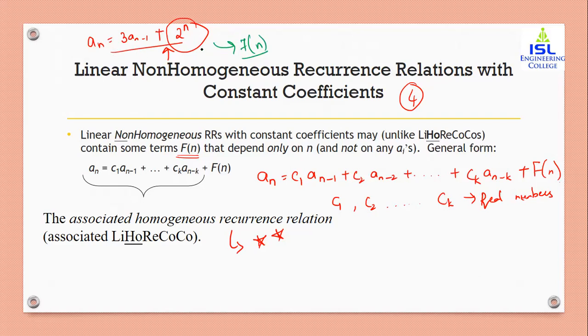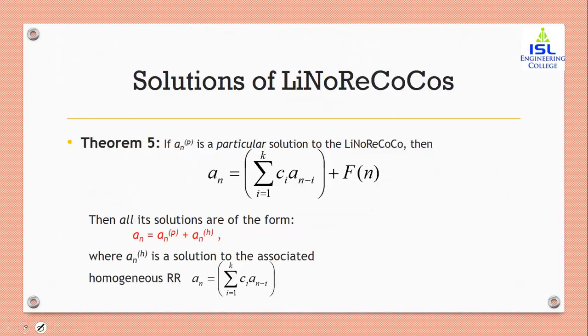For these, we can't use the four theorems that we have studied earlier. That is, we cannot consider the general equation and then find the roots, as we did in the earlier case. For this case, we will need another solution, which will be given in the next slide. The solution of a linear non-homogeneous recurrence relation with constant coefficients. This is just a short form, but it means non-homogeneous.